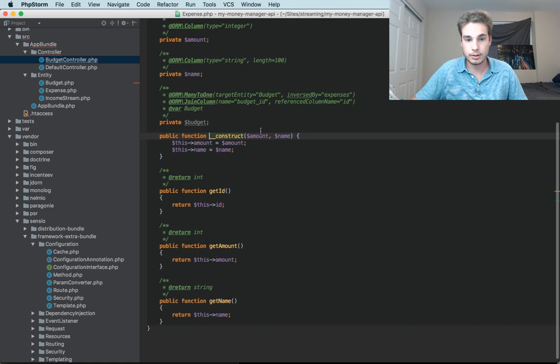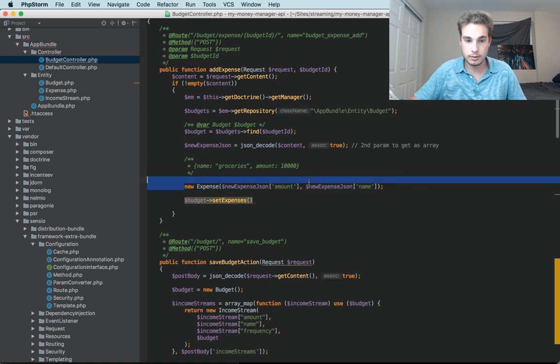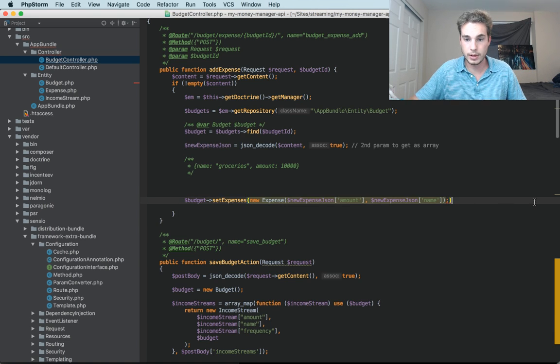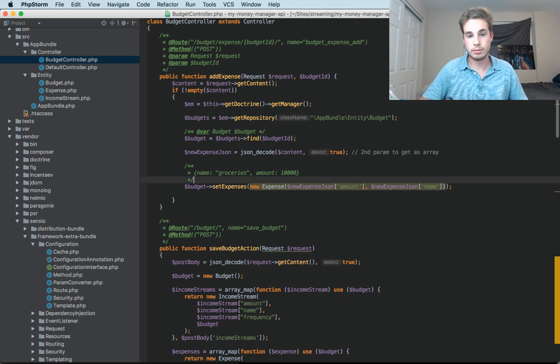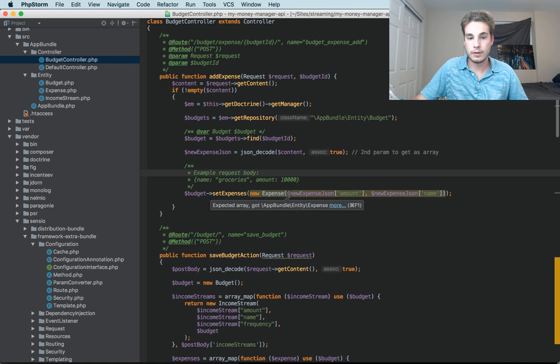So to create the new expense takes 2 arguments. So we want to do amount, and we want to do name as our second argument. So new expense JSON name, and we can take this, paste it into here, and at this point we have added our expense,